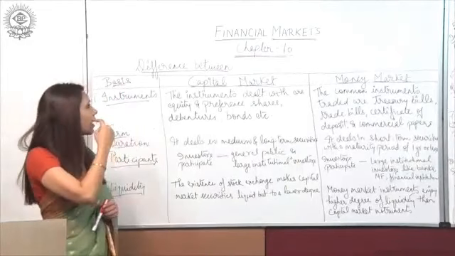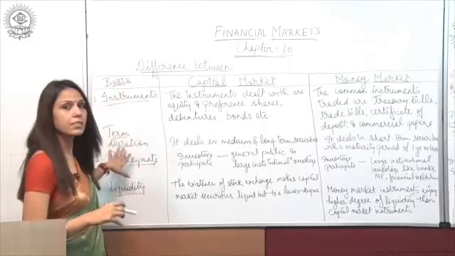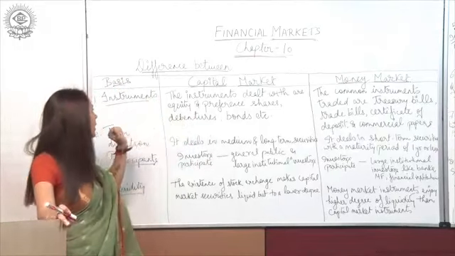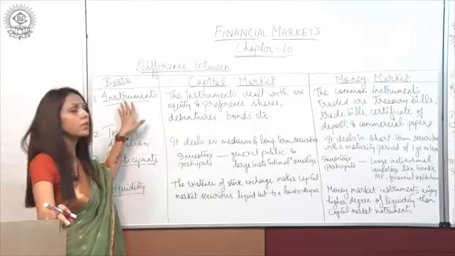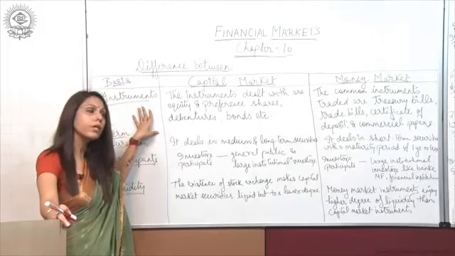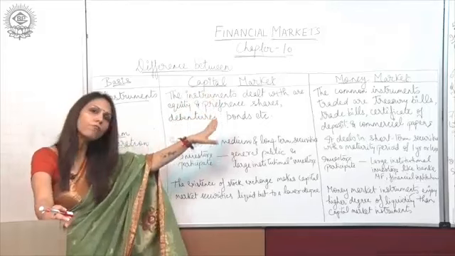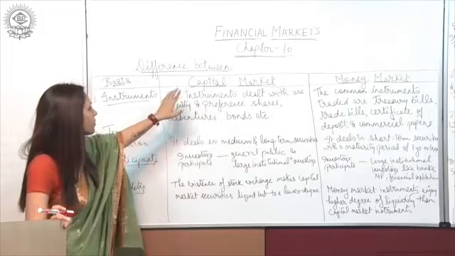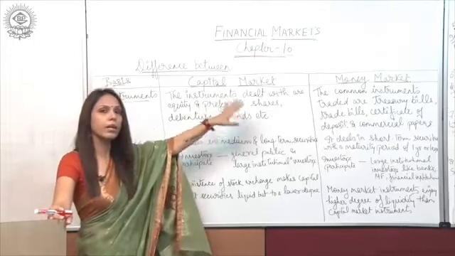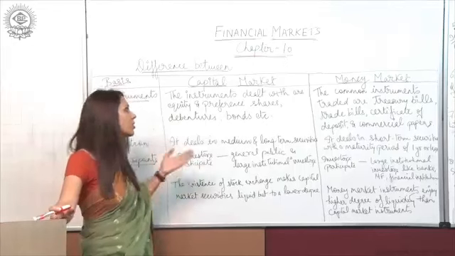Difference between capital market and money market. These are the bases on which we will differentiate between the capital market and the money market. The first basis is the instruments. What are the different instruments which are dealt with in these two types of markets? The first one is the capital market. The different instruments dealt with here in the capital market are equity shares, preference shares, debentures, or different